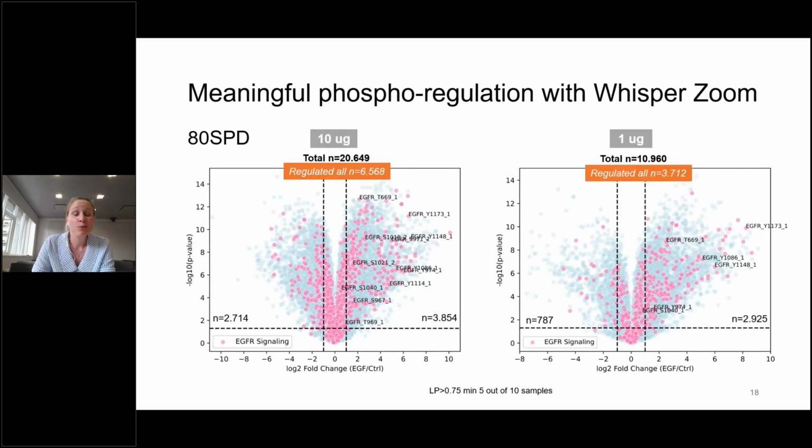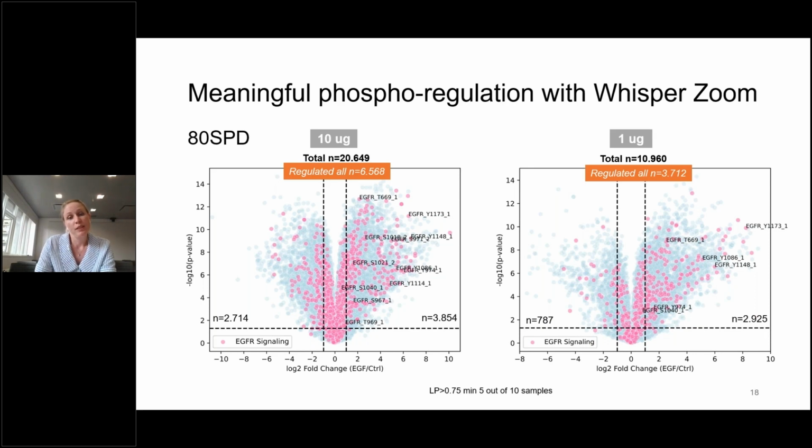Most importantly, we have IDs, we have good quantification, but we also need to look at whether we get meaningful phosphoregulation. And with this plot, I hope I can convince you that we do. So here I compare the 10 microgram and the 1 microgram on the right. We do see that the 1 microgram, of course, affects the numbers. We only get half the IDs, and it also affects the total number of regulated sites, but more or less